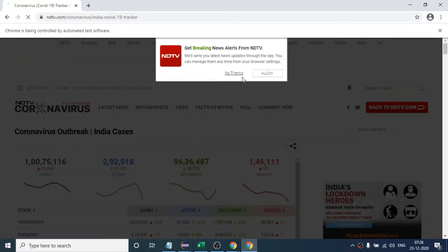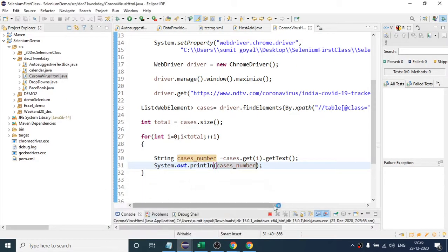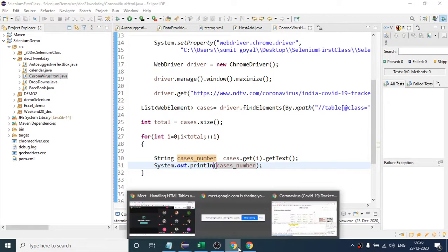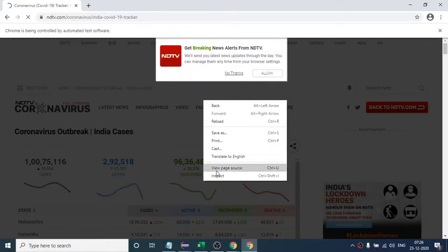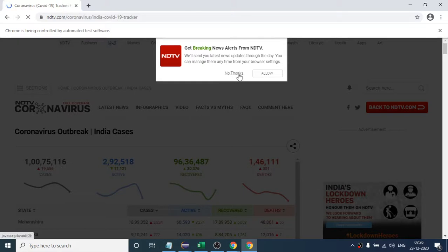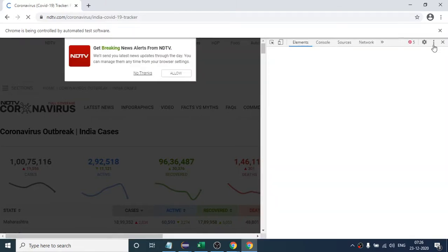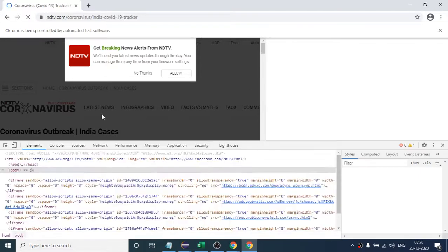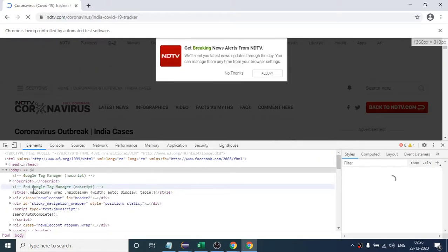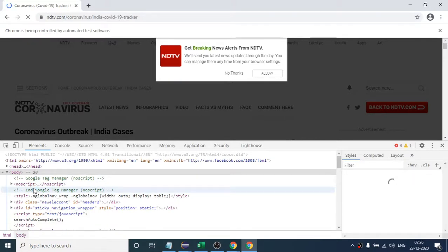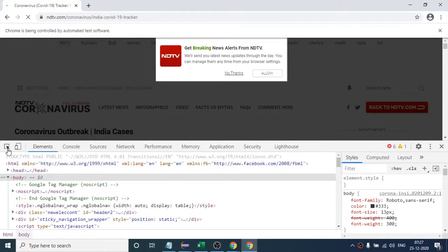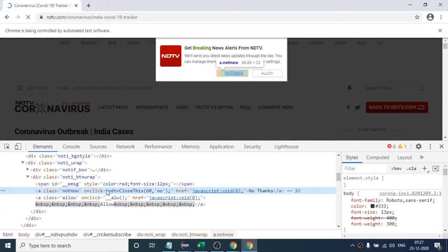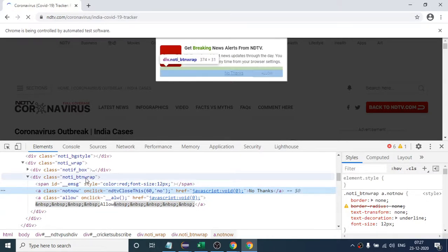Okay, so let us first handle this, otherwise our code might not work. Let me write one XPath so that we can also handle this. Once I click on no thanks, this will disappear. So if I click on this, I can start from here.